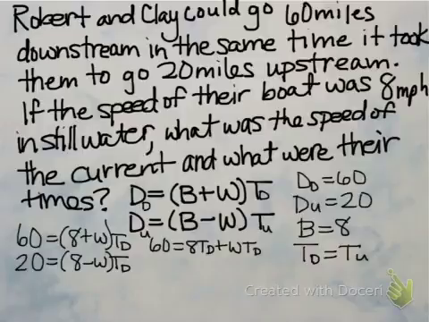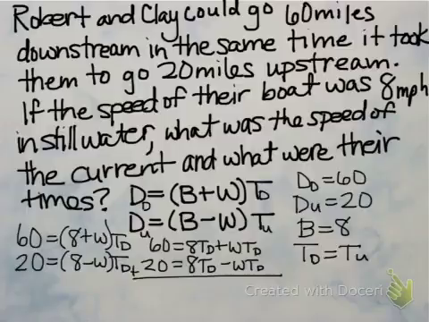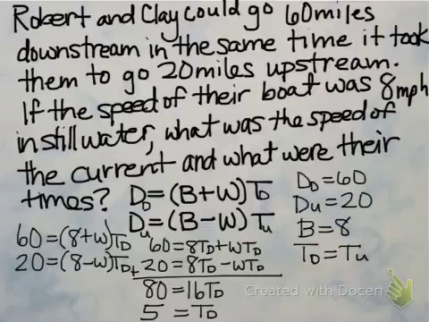So 60 equals 8 t sub d plus w t sub d, and 20 equals 8 t sub d minus w t sub d. Now, we can eliminate either the 8 t sub d or the w t sub d. It's better to eliminate multiple variables, so we're just going to add these two equations. When we add them, we get 80 is equal to 16 t sub d, so that gives us our time downstream is